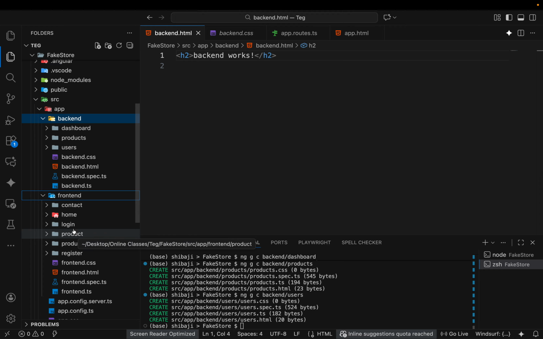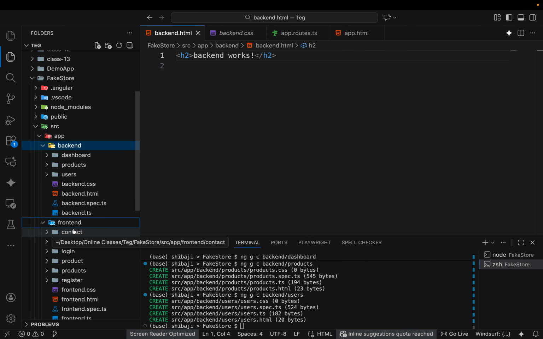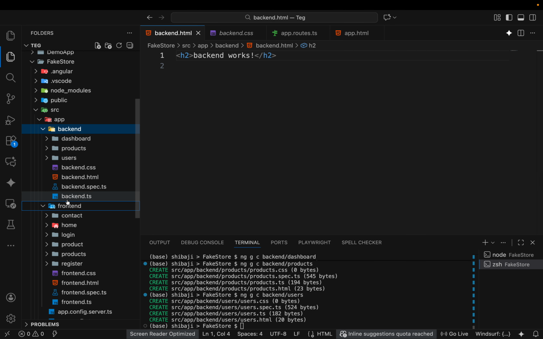Okay, could you understand the structure of the above structure of our application? Yes, yes. Okay, so once we create everything here, after this